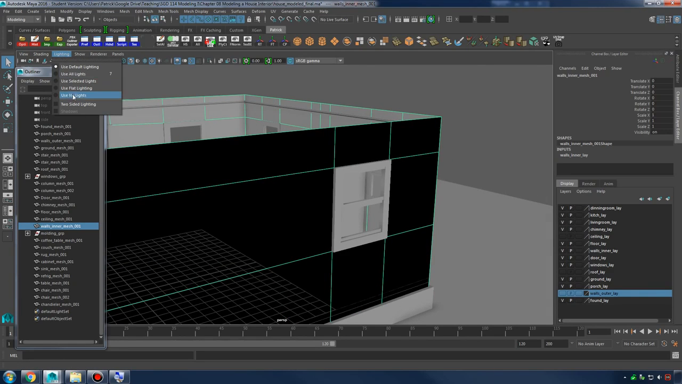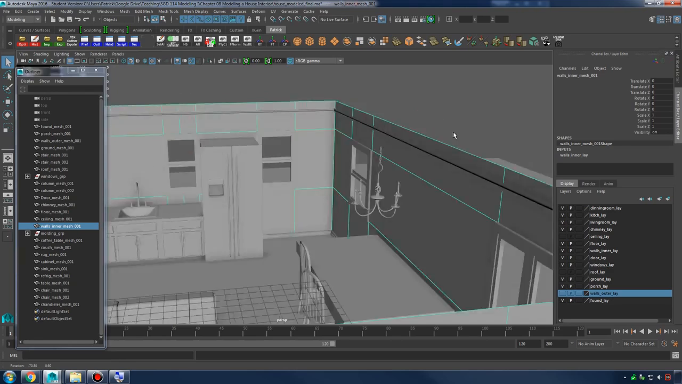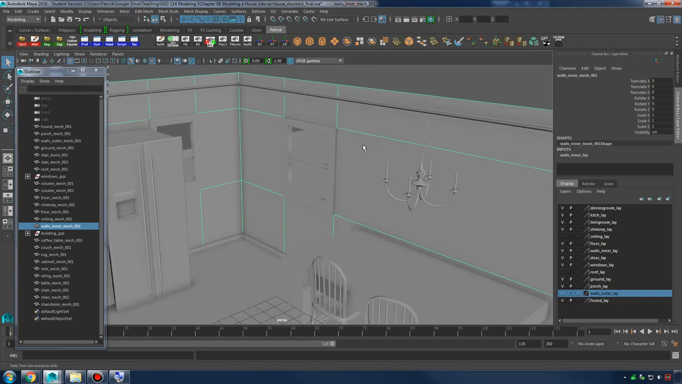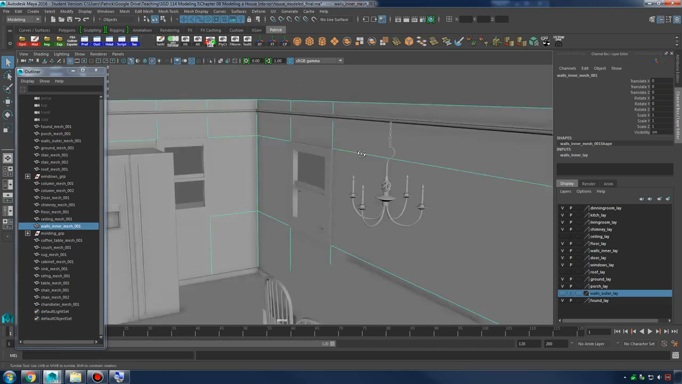And I think if we go to lighting and check two-sided lighting, then we can't really tell at a glance which side is the negative side and which side is our face normal side, our positive side. So I usually like to keep lighting turned off. All right,